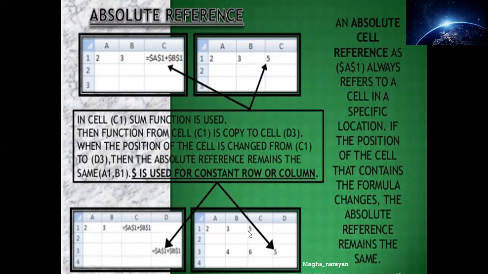That means the value in the case of this referencing is not changing because you have used the constant term for this constant row or constant column. This particular thing will not change no matter where you keep it. If you want to change it, you are supposed to remove these dollars from the sign. Then only the referencing can be changed. In this type of referencing, the most important thing is that whatever you are choosing will remain constant. This A1 and B1 remain the same even if you copy the formula.